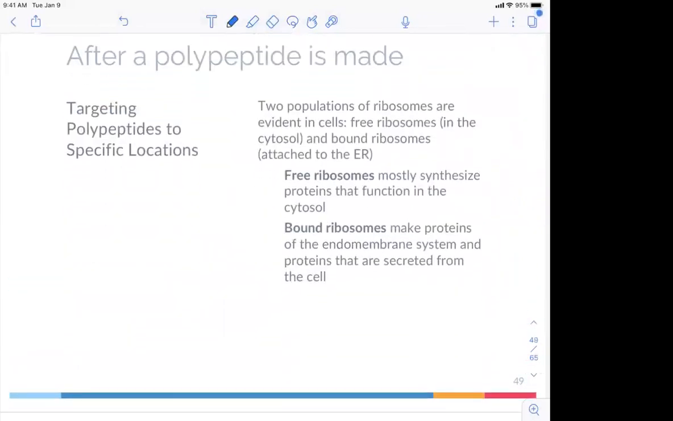Okay, your polypeptide's made, and remember, the ribosome could have been making this just in a ribosome that's in the cytosol. And that means you're going to use these proteins in the cytosol. So it's going to be used for, if you're a plant, it's going to be used for, I'm sorry, if you're doing cellular respiration, it's going to be used for the glycolysis step. Or it's going to be used for something guiding